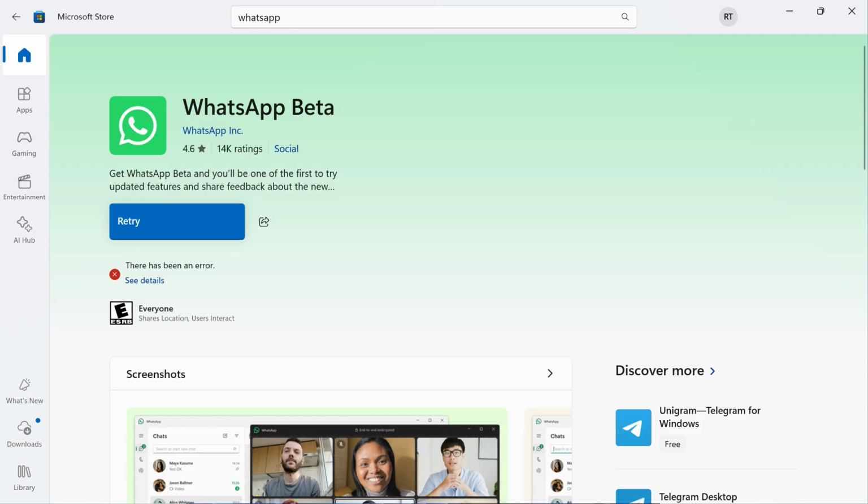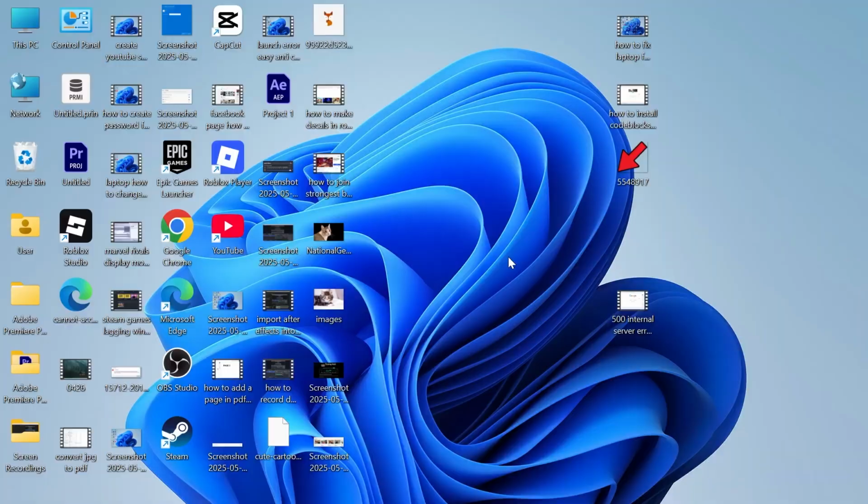Hey guys, I'm going to show you how to fix "There has been an error" in the Microsoft Store when trying to install new applications. So if you're getting this error message when you're trying to install a new app, then to go and fix